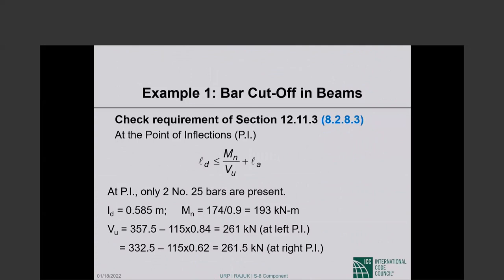Then the check on bar size. Remember, bar size cannot be any larger than something. So this condition has to be checked. L sub D cannot exceed M sub N over V sub U plus the embedment length. At the point of inflection, only two number 25 bars are present. Okay? At the point of inflection